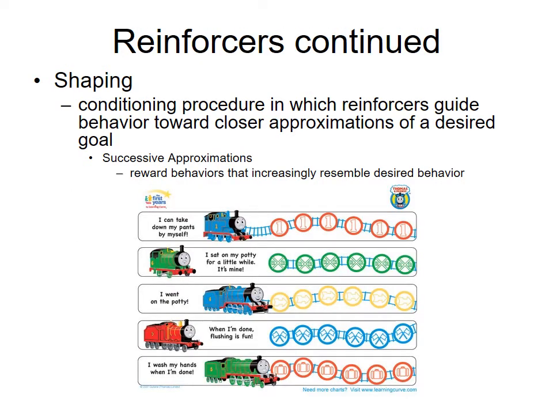Anytime that we talk about behavior modification, whether we're talking about humans or animals, we never go from no behavior to perfect behavior in just one conditioning step. Often what we have to do is shape behaviors. Shaping requires something called successive approximations. In other words, as a behavior slowly moves closer to a desired response, you continue to reward those behaviors.